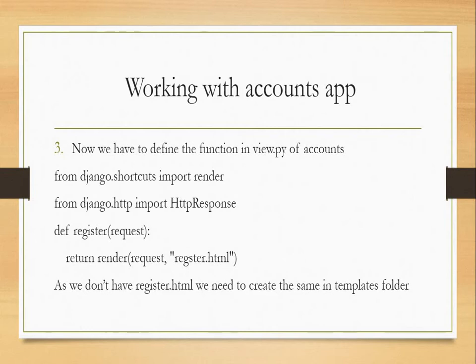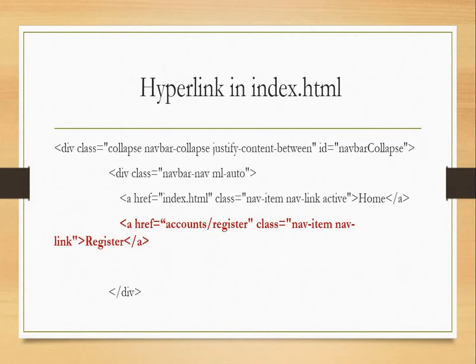Once this is done, I have to create the coding part in this. Once you are done with the registration part, I should give a hyperlink. Whenever you work with a register page, I need a hyperlink. You can create a hyperlink anywhere, depending on you. Here in the templates, at the top we have some menus, so there I am going to give register. So accounts slash register, the class link, and this is register. Accounts register is there, and this is the class, the CSS that we applied, and once I click on this, it should go to that particular page. So this much is done.